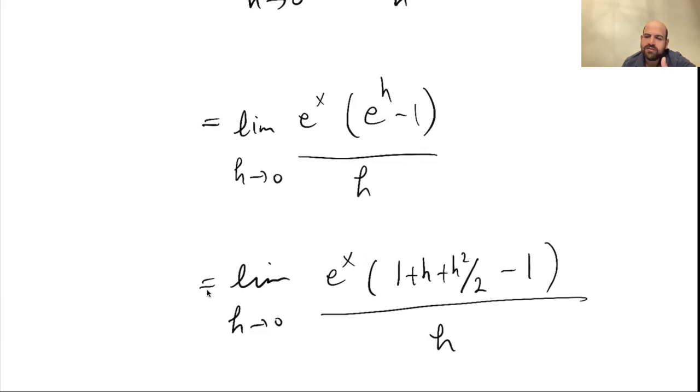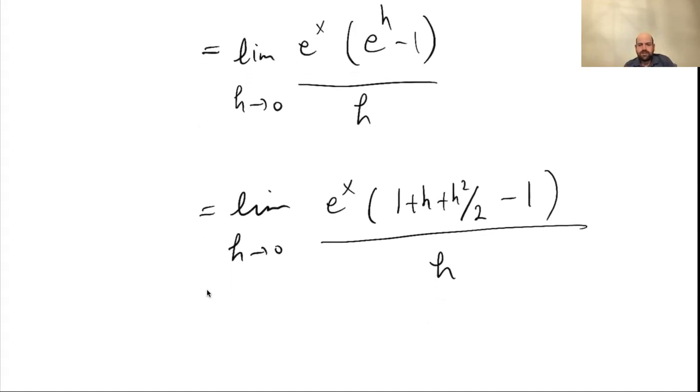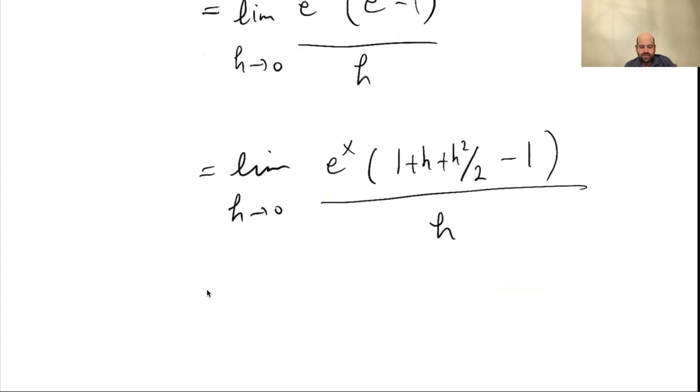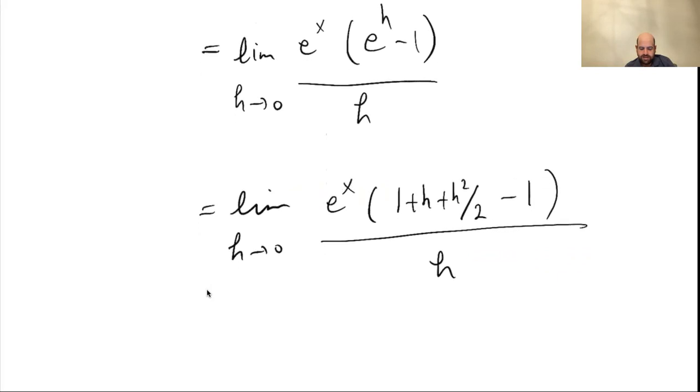If you take an analysis course, then we have to justify every little step. But in this calculus course, it's more focused on computations rather than proofs. So that's why I may skip some justifications for some steps. So here, e to the h, we replace it with this function here, and therefore